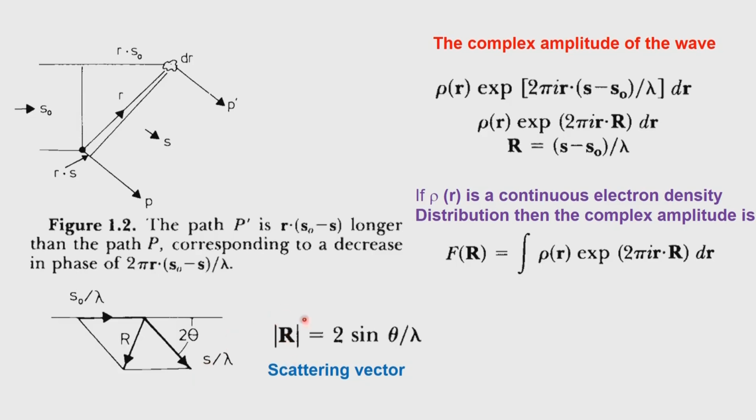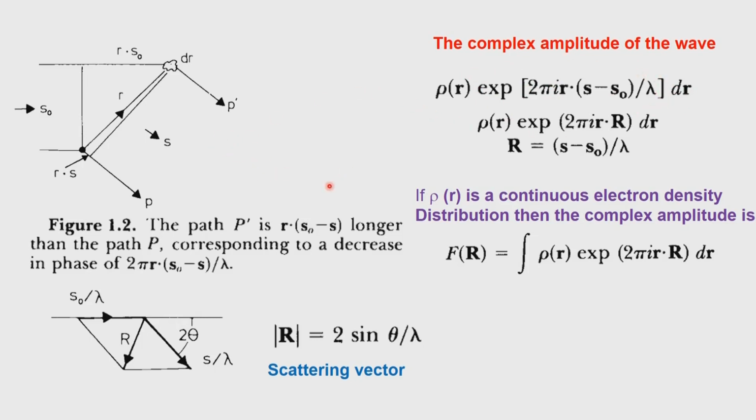You see the scattering vector modulus is proportional to 1 divided by lambda, and therefore, this represents a quantity in reciprocal space. So, if little r is in the direct space where the electron density is located in our object, the capital R is the representation of the reciprocal lattice vector which corresponds to the real space vector r. The capital R arises because of the real space vector r having an electron density associated with it and a phase which is defined as exponential 2 pi r dot (s minus s naught) by lambda.